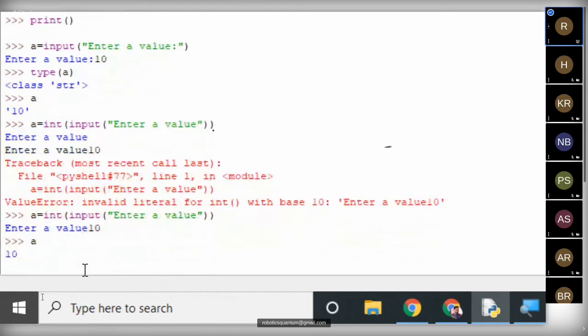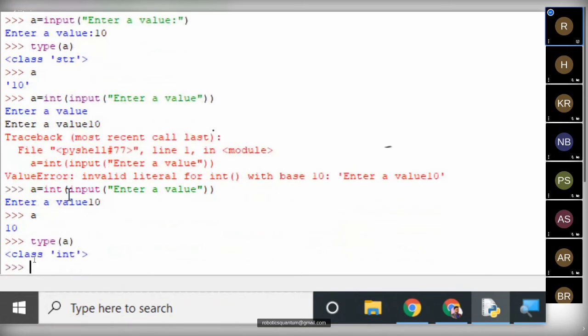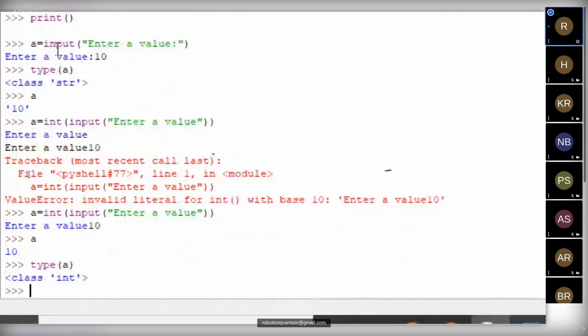If I print a value and check the type of a, it will be integer type. Previously, it took the input value in string format.